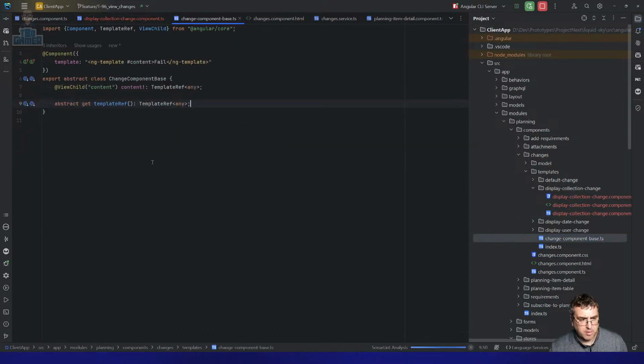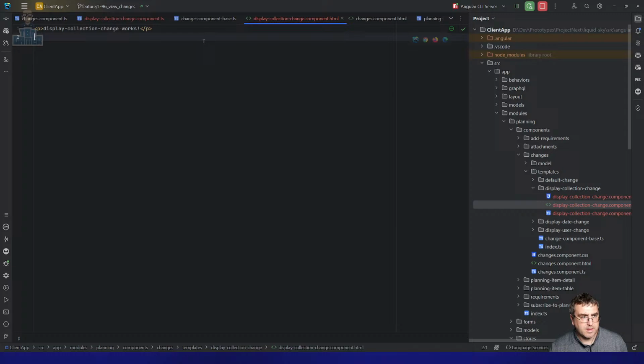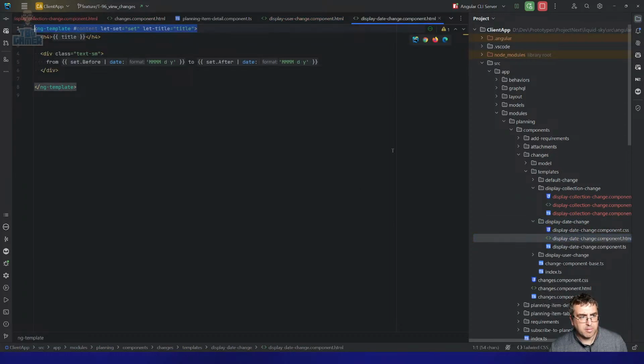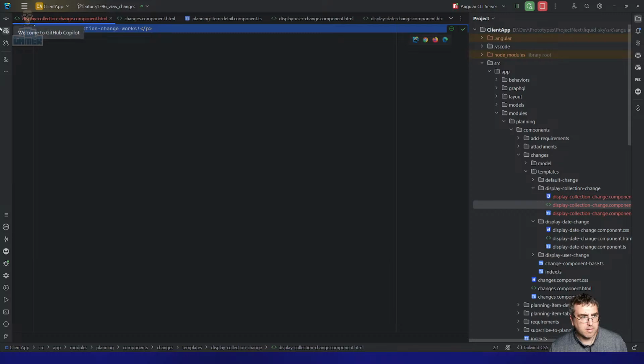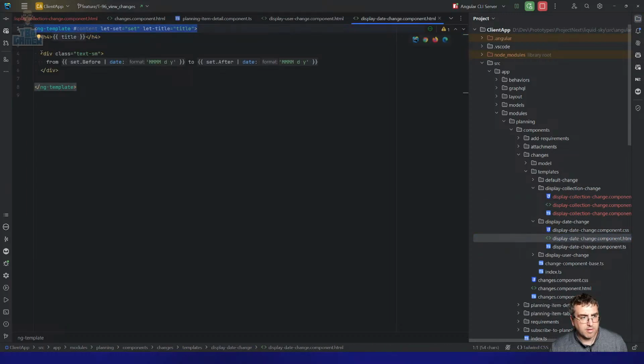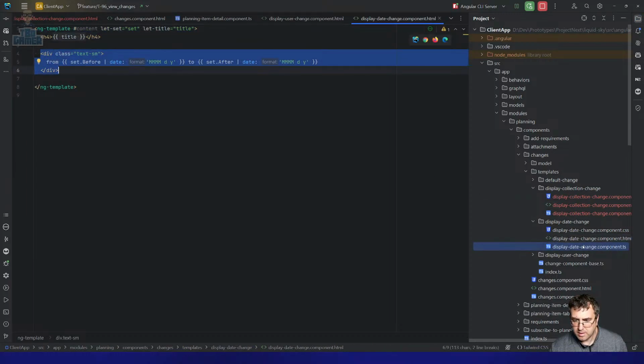Because the change component base has content, which is the template ref. Because the idea is that every template contains a template with these parameters. I'm still trying to work out... So there's a title. Right? Because everything displays title and then the things that it needs to deal with. So this one,